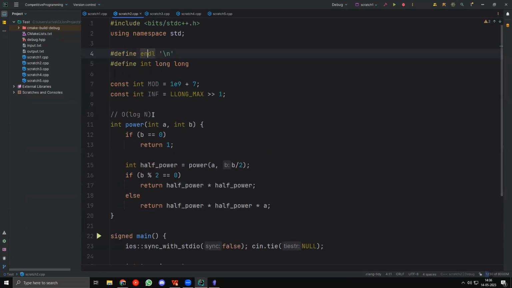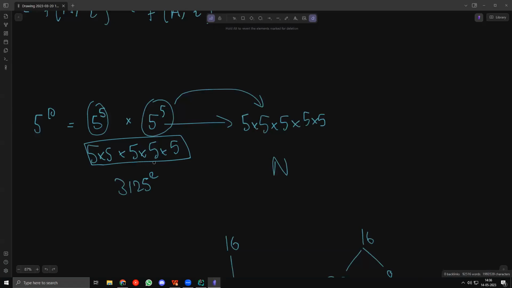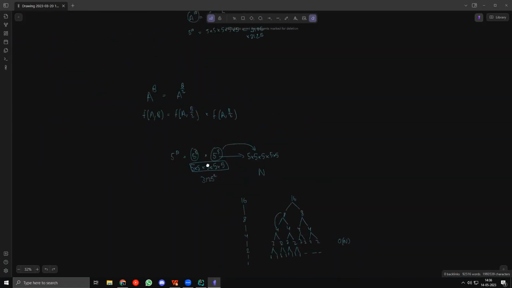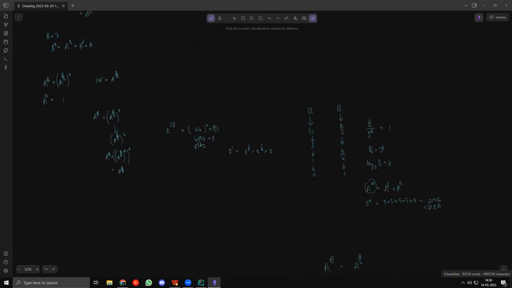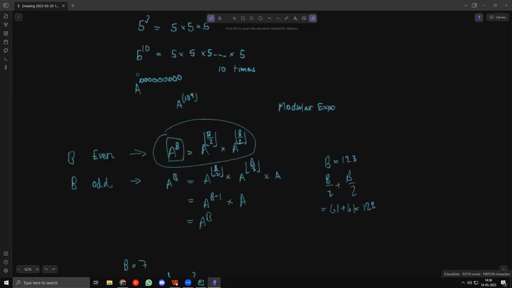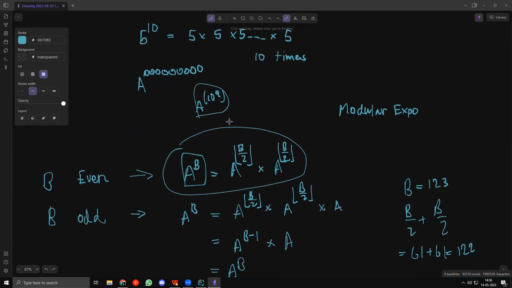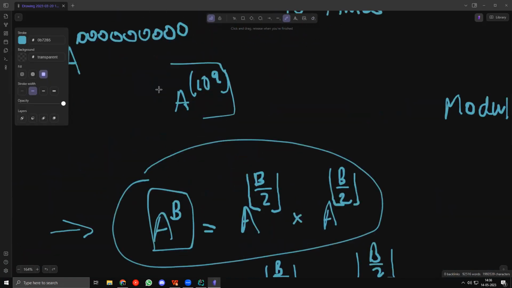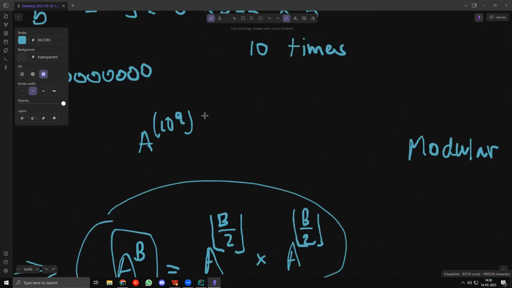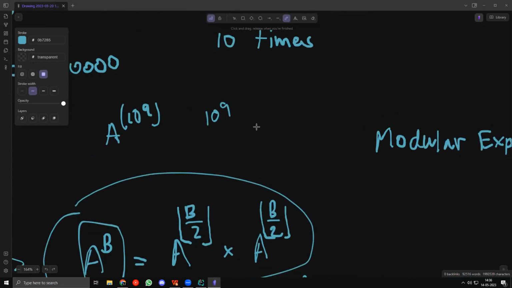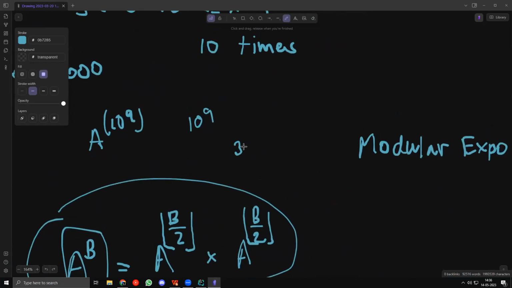Right? And O of log n is extremely small. So let's take the case where we talked about, what if we took a to the power of 10 to the power of 9? In this case, the time complexity before was 10 to the power of 9, but now it's going to be 32 or 30. It's actually around 30. So what was 10 to the power of 9 operations just got converted to 30 operations,